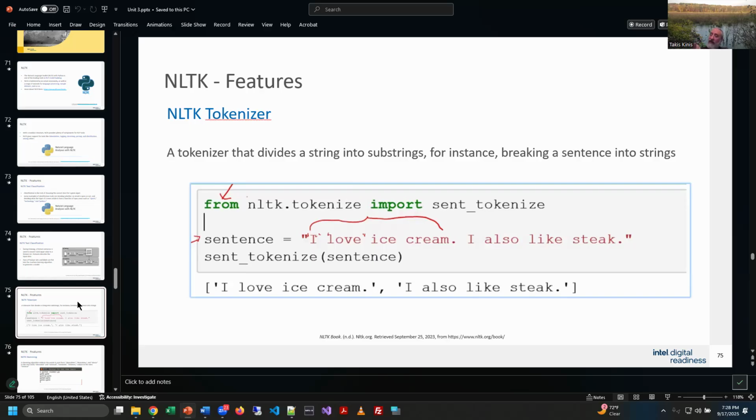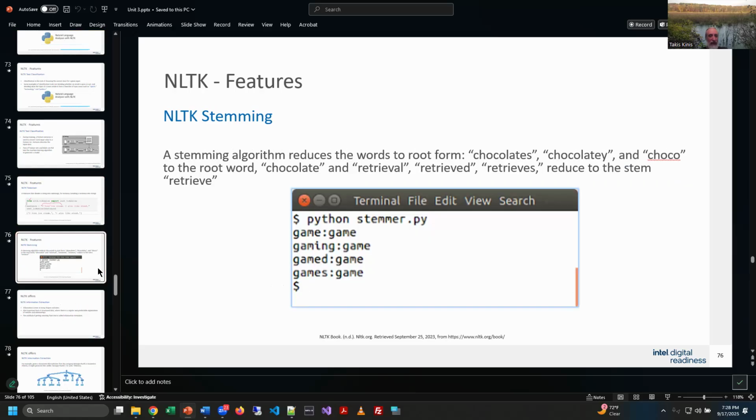So tokenizing a block of text. For example, if I type a paragraph with 20 sentences in it, it's going to break it down into 20 sentences. What did it do here? It took one string of text and turned it into a Python list with 2 sentences. Basically saying, oh, you got 2 sentences here, right? So that's a tool that's built into the tokenizer.